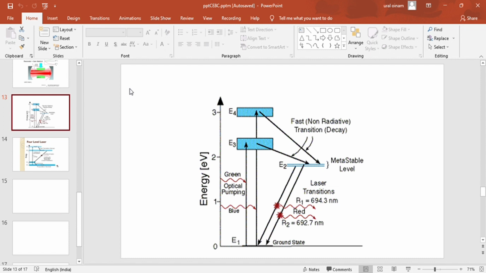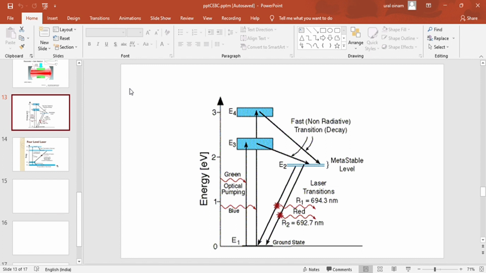The electrons in the gain medium will gain the energy and move up high in the energy level. In this figure, let's assume that they are moving from E1, the ground state, to the E4 energy state. When they move upward from E1 to E4, they are not quite stable. So when they reach the E4 energy state, they lose energy in a non-radiative manner, that is, in the form of heat, and they move downwards to the E3 energy state,